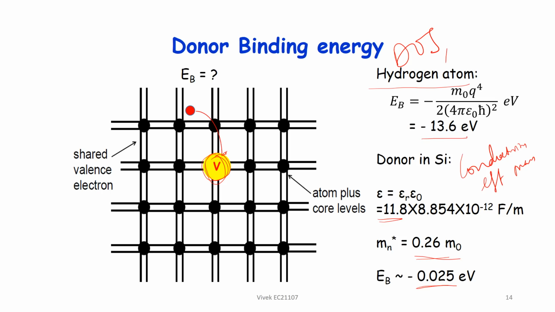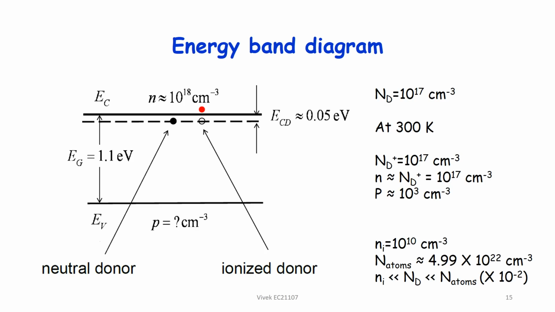Now this situation is very similar to the hydrogen atom, because the other electrons are already accounted for through the band and only this one electron is remaining, right? So it will be loosely bound, and the other electrons have cancelled the effect of the nucleus by screening. So you can say it's like one positive charge and one electron. We can roughly use this model to estimate the binding energy. A similar thing can be done for the hole also, so that binding energy will also be similar.